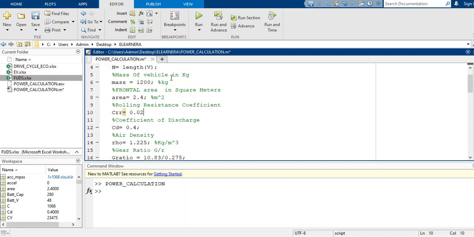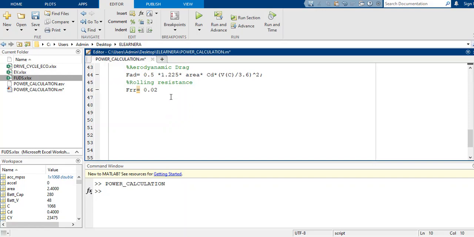Okay friends, so clear up to this? Okay, the main part is we have to make this rolling resistive force. We are considering here the mass of the vehicle, so for that we are multiplying it by 9.81 and we can save this. Then